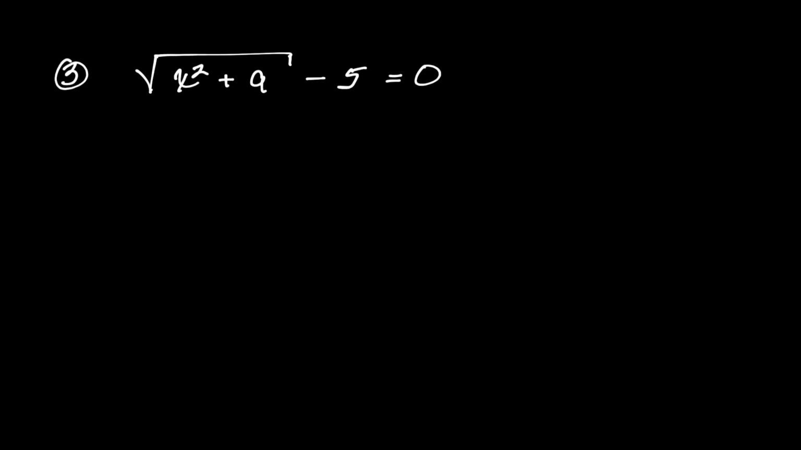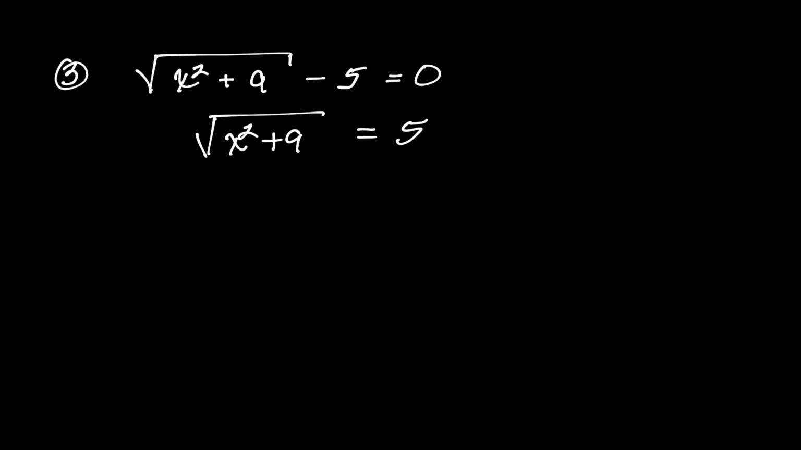So here is a third example. x squared plus 9, that's my radicand. So it's the square root of x squared plus 9 minus 5 equals 0. The first thing I want to do is add 5 on each side. We want to isolate the radical. So the square root of x squared plus 9